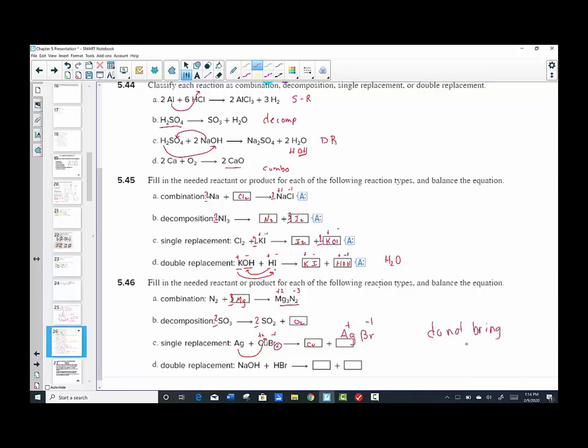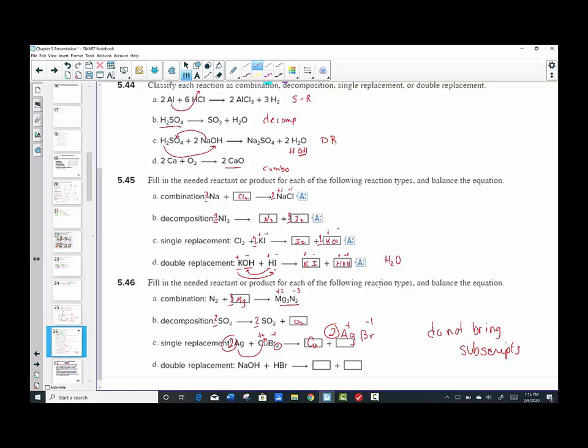Find the new subscripts when you are balancing by charge. So I have a copper, Cu, plus AgBr, silver bromide. I'll need to balance 2 groups of Ag plus 1 group of copper bromide CuBr2 yields a copper and 2